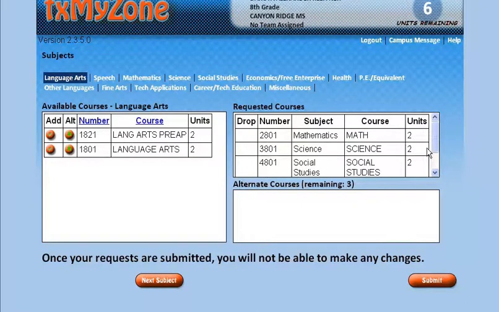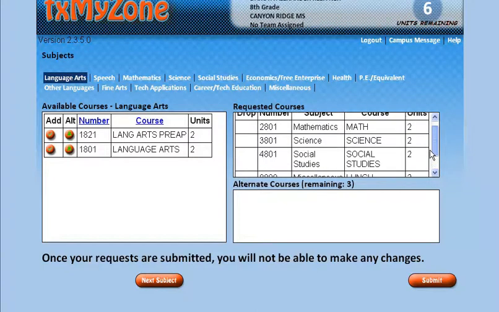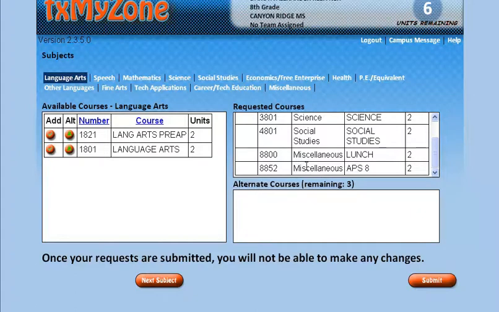Science and social studies, you guys are registered in those 2 classes, and then we have lunch, of course, and then finally right here in our apps section, and this could be different for you depending on what class you're currently in the 7th grade. If you're currently in apps in the 7th grade, you're going to be in apps in the 8th grade. It's going to register you there. If you're currently in Quest in the 7th grade, you'll probably see Quest there. And if you're currently in Avid in the 7th grade, you're going to see Avid there because we've just rolled you up. If you're interested in applying for any classes, we call that section B on the choice sheet.